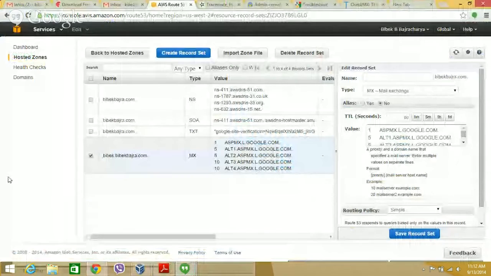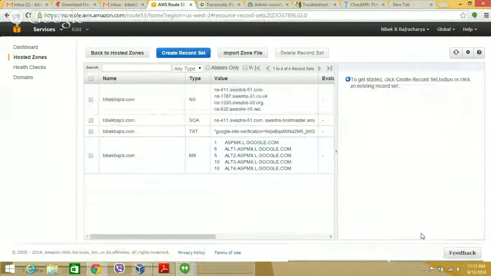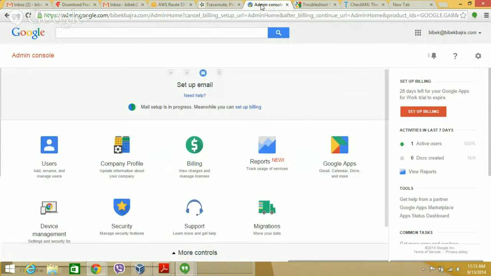Now I would like you to save the record and verify that it is bibekbajra.com, not bibek@bibekbajra.com or anything other than just the domain. And now give it 60 more seconds and then go to verify in NW Tools.